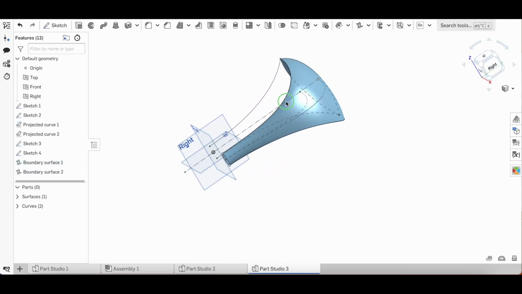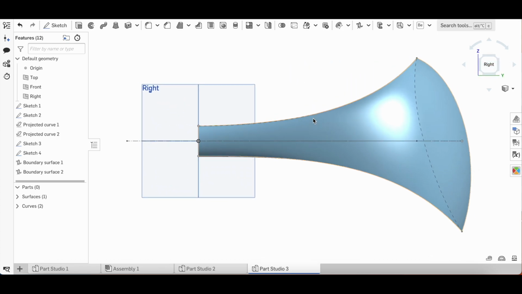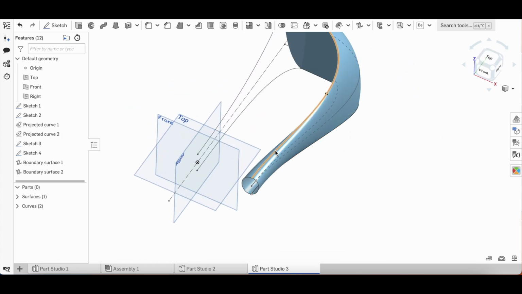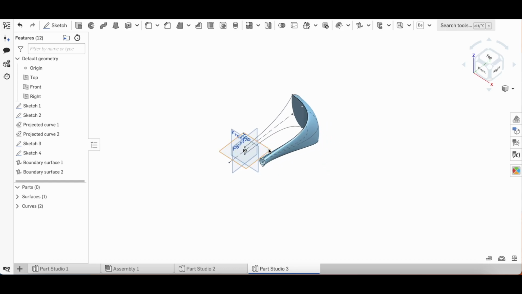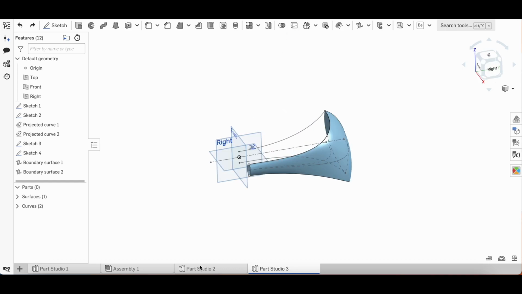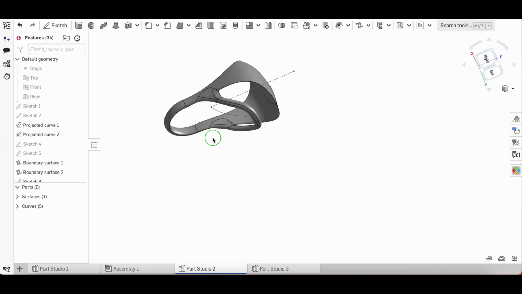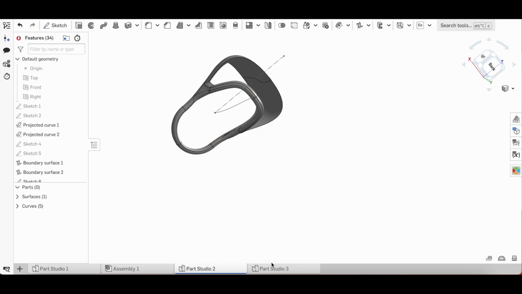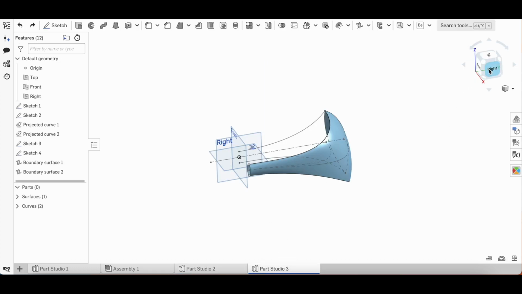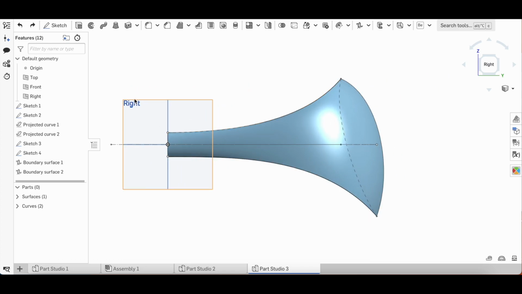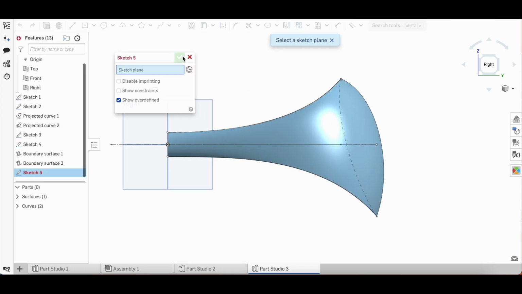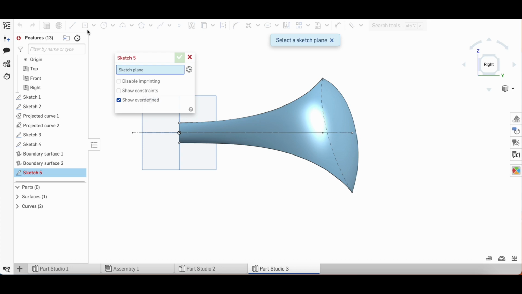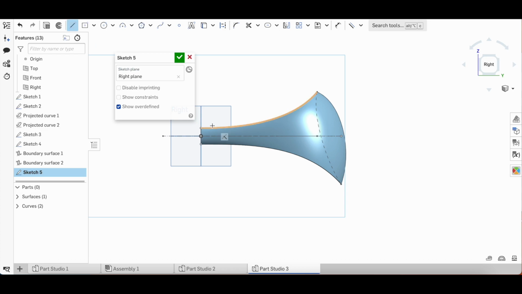All right. So now we've already got some interesting shape here. So what we're going to do now is create this sort of handle feature that bridges across the bottom of this shape. And to do that, we'll go back into our Part Studio. We'll get onto the right plane, and we'll create a sketch. And we'll select the right plane,